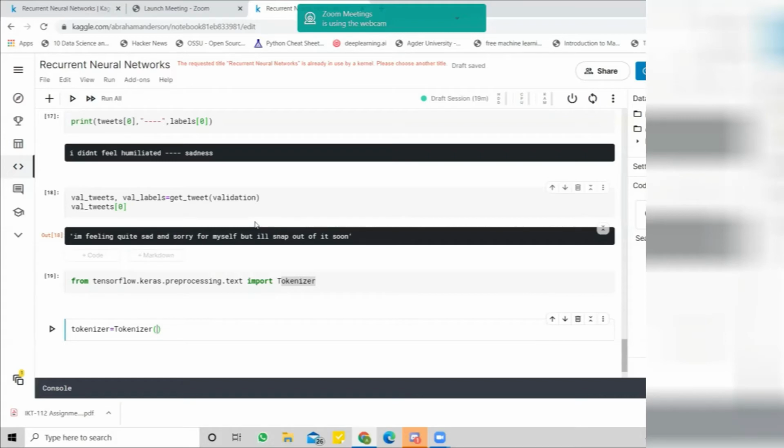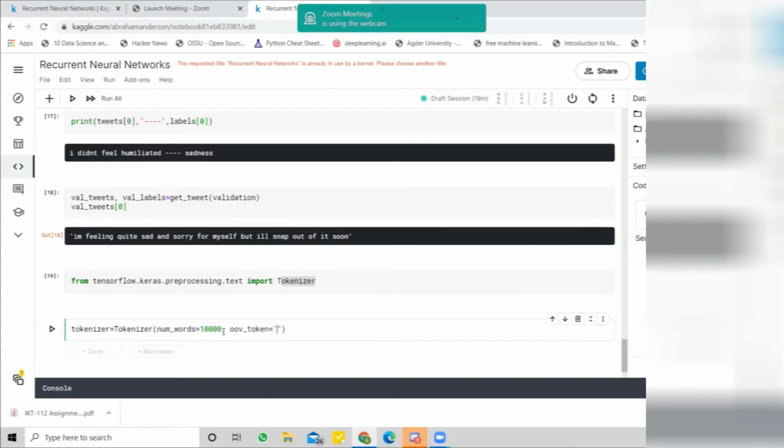So we will use num_words inside. This is a parameter inside this function. Number of words is 10,000, which means that it will use them to assign numbers to the words inside our tweets. It will use these previously designed most common words, and if it cannot find the word inside a tweet, we will use an OOV token.